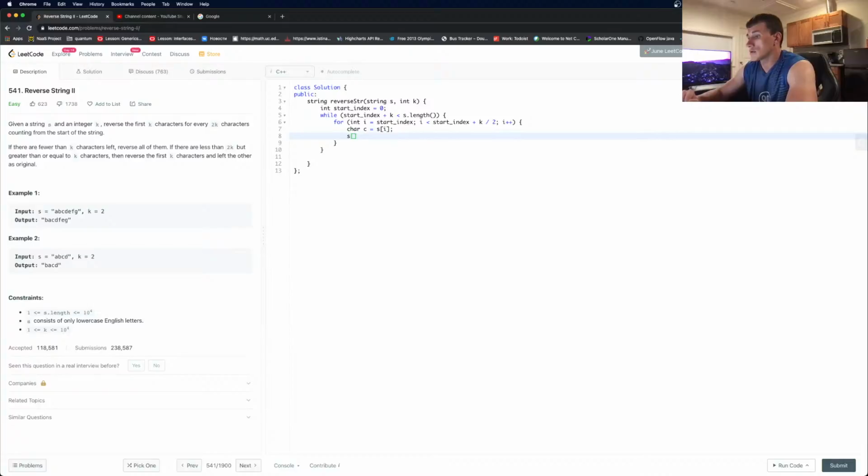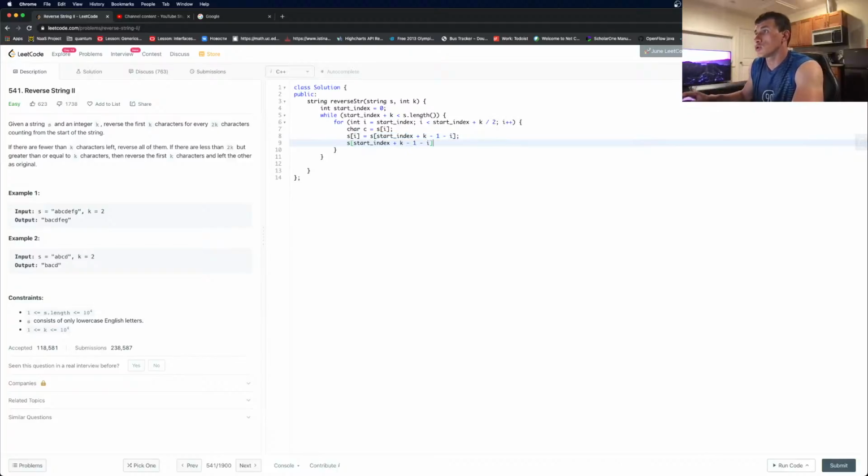So it's start index plus k, I guess, minus 1 and minus i, equals to s[i]. No, wait, sorry. It should be vice versa. So it should be s[i] equals to this thing, right? And then this thing is equal to